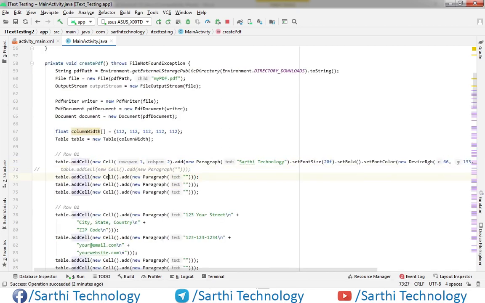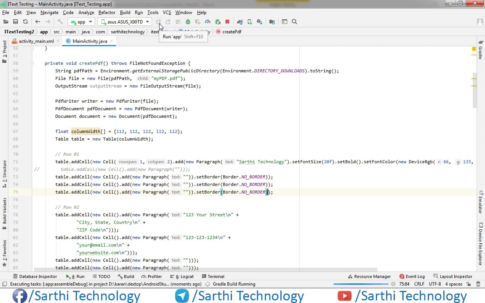Now this should be no border, so just copy this and paste. First let's check whether we are doing it right or not. So run this.